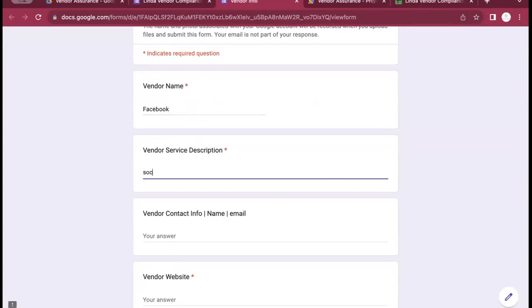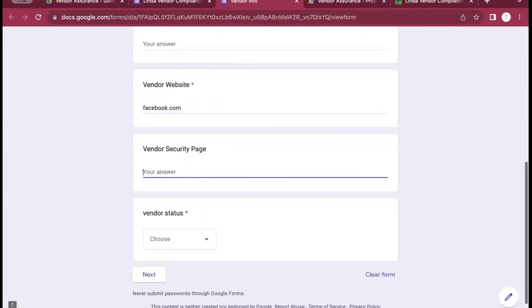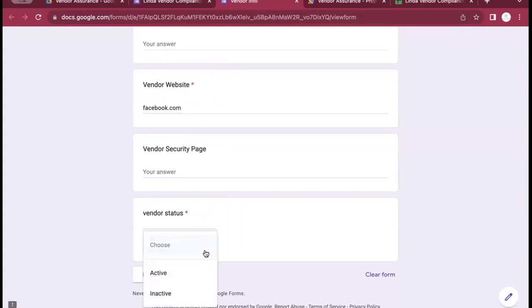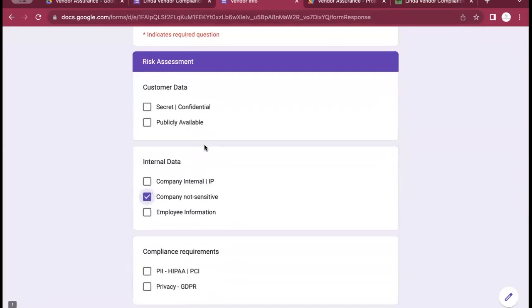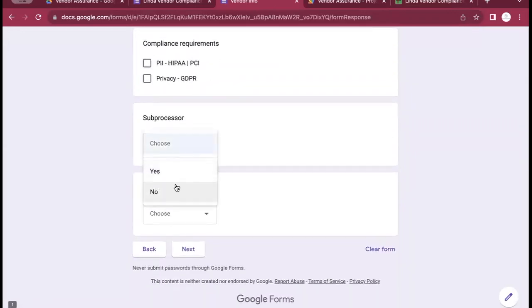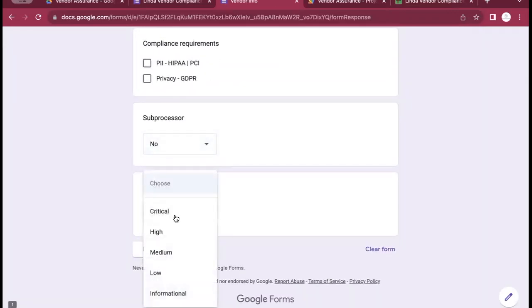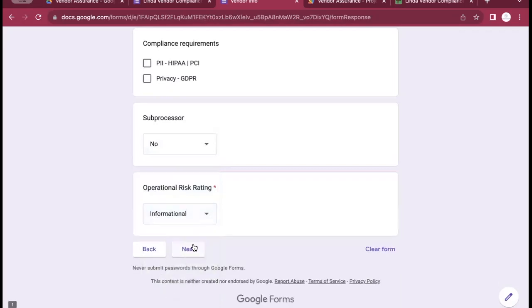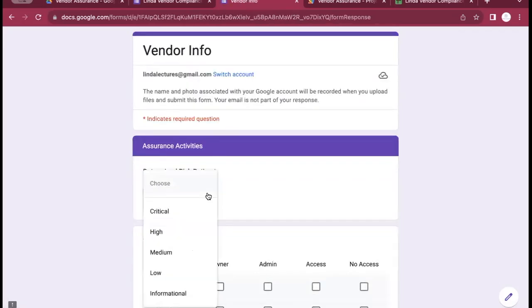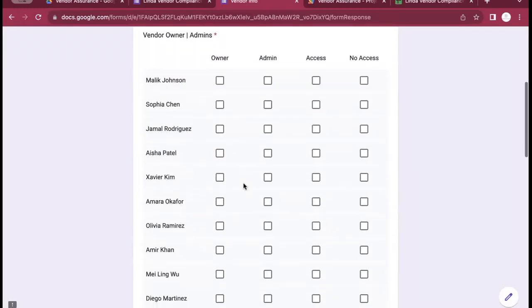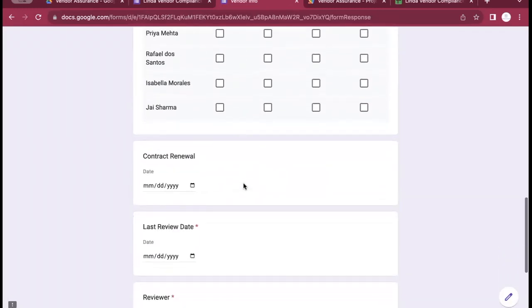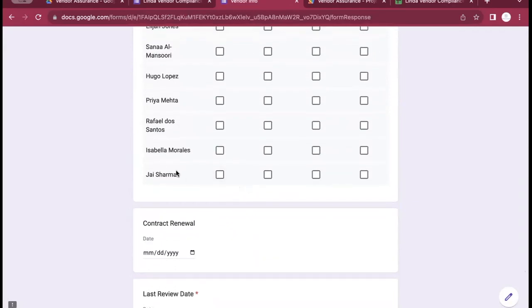And this is social media. Vendor status is active. There is nothing sensitive about this data. They're not a sub-processor. They have informational risk rating, informational for a determined risk rating. And if we look down at the bottom of this,